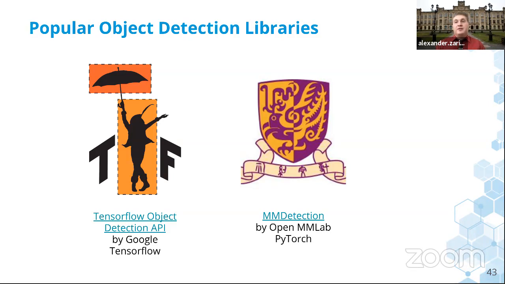And if I were to start a new project, I would definitely start using Detectron because it already contains a lot of pre-implemented stuff that I do not need to implement by myself, and I can simply concentrate on the things that really matter. But PyTorch is considered among researchers as more of a research framework